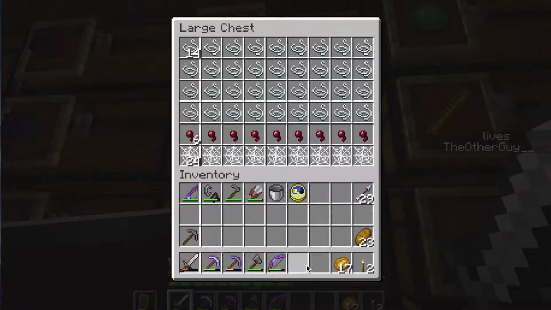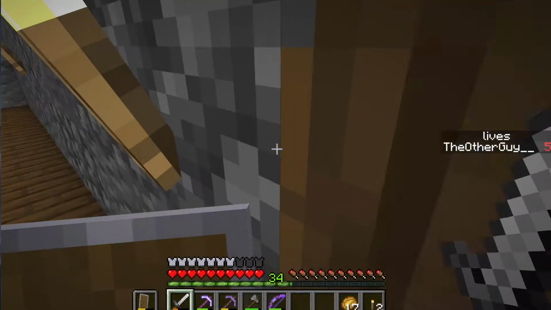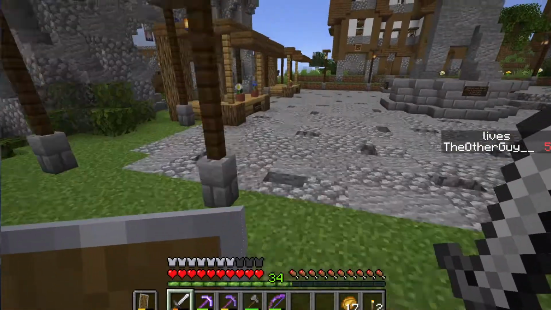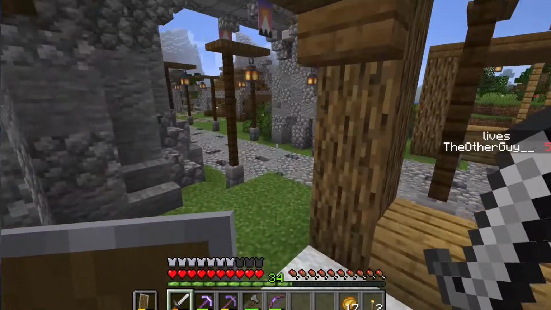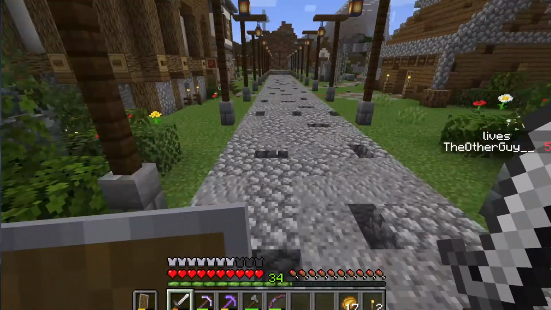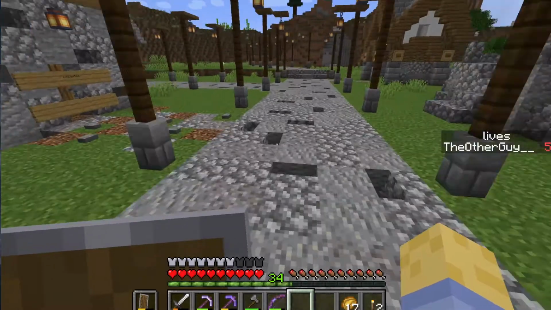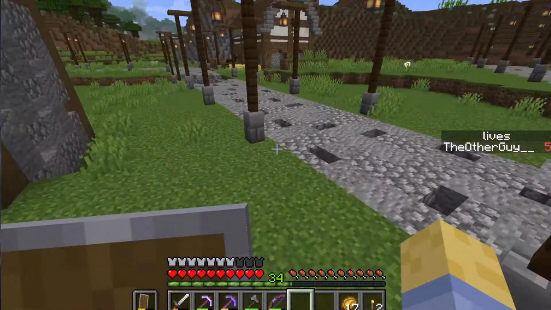It worked really well. Sweeping Edge is a very satisfying enchantment. It's very satisfying to let large amounts of mobs build up and then kill them all at once. It makes a very nice noise. Terrible, but also really nice. It's strange. So now that that's out of the way, the last thing on my list to do is just